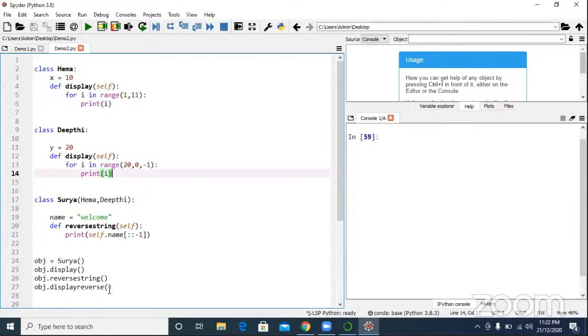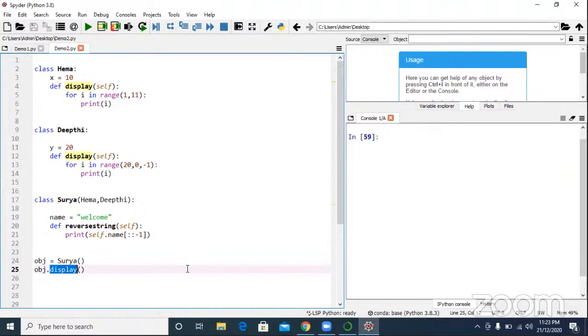Now tell me, how many methods are there in Surya? Two: display and reverse string. Very good. Now I created an object for Surya. Obj.display.